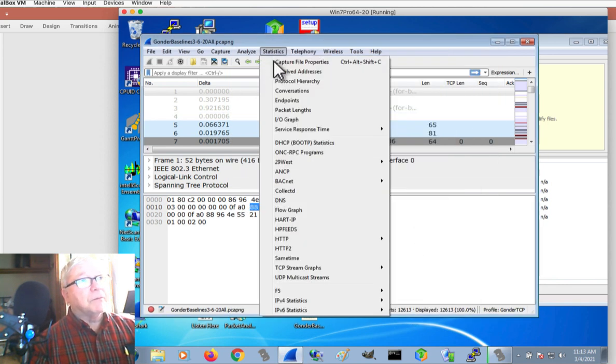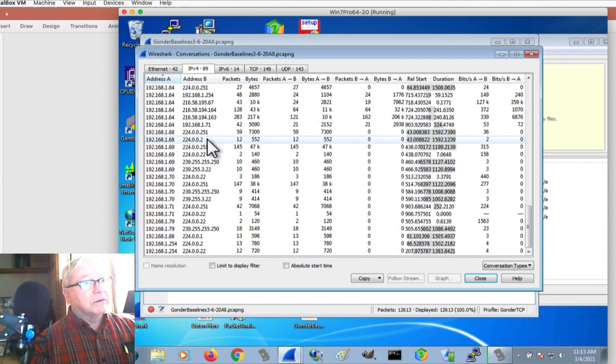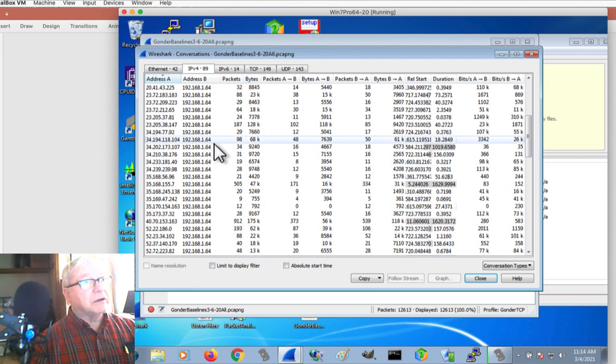What about my conversations here from the point of view of conversations? Let's see, I've got a number of different IP addresses, and you can see what they are here. 1.64. So I might want to compare this once I've anonymized it.